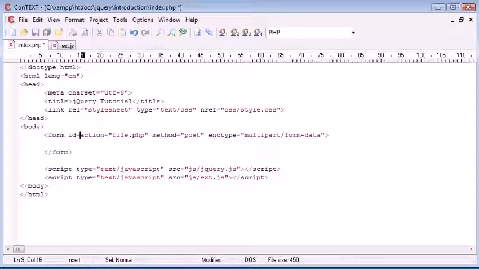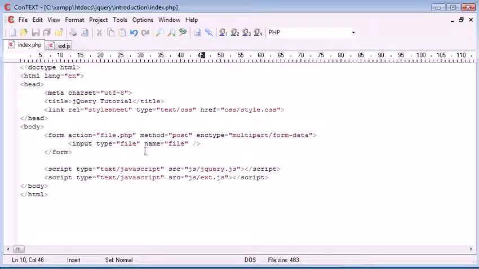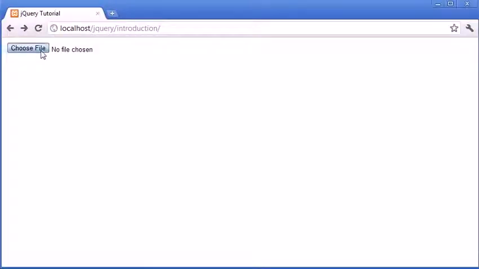We don't need to go ahead and give it an ID or a class or anything like that, because we're going to be using the parent traversing function in jQuery, and this is going to select the parent element, which in this case, anything inside here, would be the form. So if that doesn't make sense, you'll see how it works a bit later. So I'm going to go ahead and create an input type of file. You'd obviously give this a name or something like that, but it's not really relevant in this case. So we've now got a file, so we can choose a file from our computer,